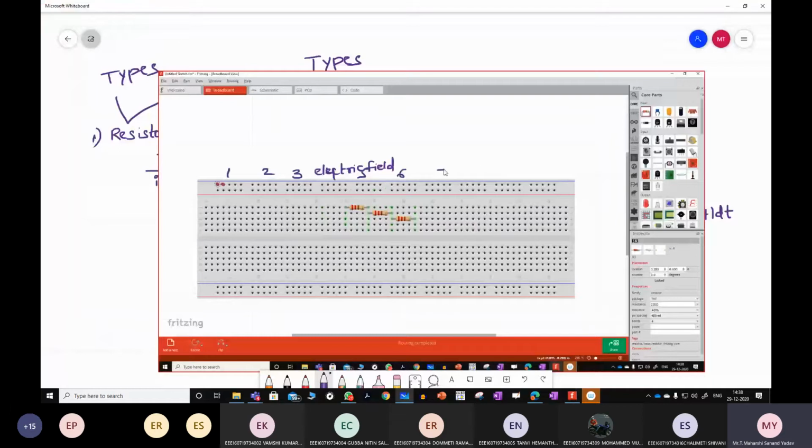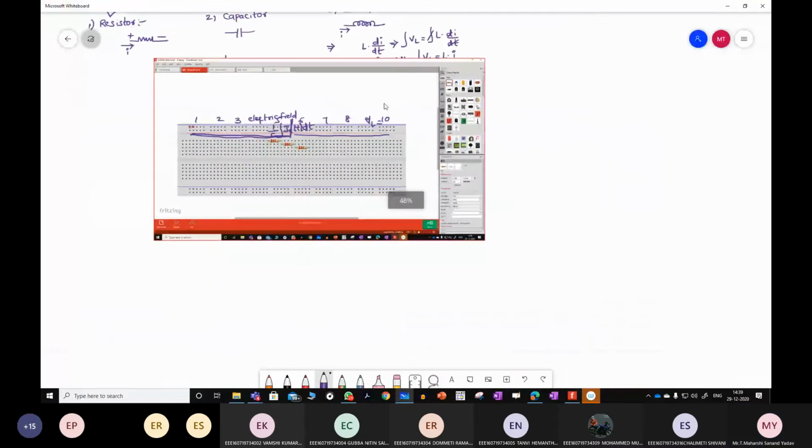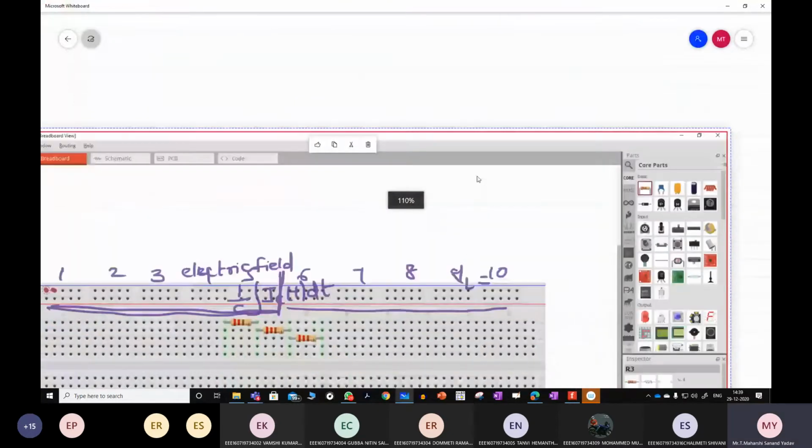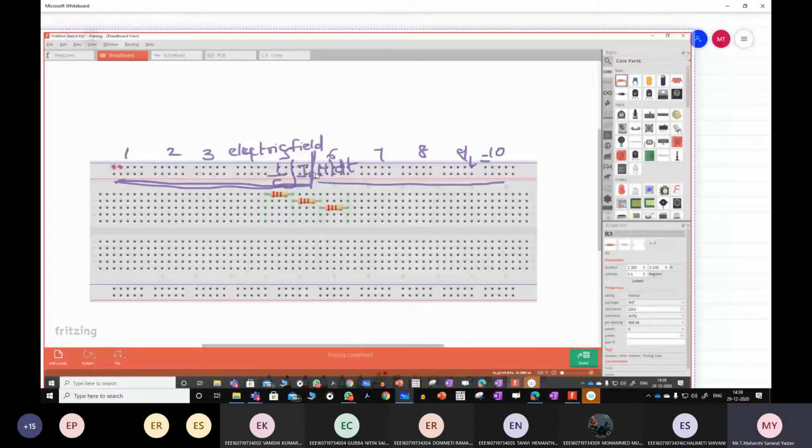This is sixth, seventh, eighth, ninth, and 10th. So from 1 to 5, they're internally shorted. Again, here there is a break. Again, from 6 to 10, they're internally shorted. This is how they're internally connected. Is it clear for everyone? How they are connected? Breadboard.